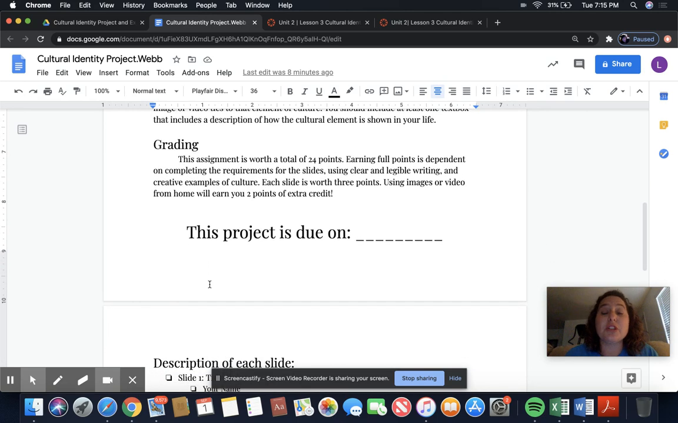Grading. This is a project, so this will definitely be in the 25% category. This assignment is worth a total of 24 points. If you want to earn the full points, that's the 24 points made available. Earning those points is dependent on completing the requirements for the slides, using clear and legible writing, and creative examples